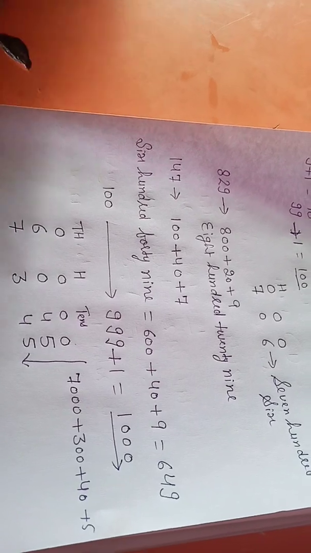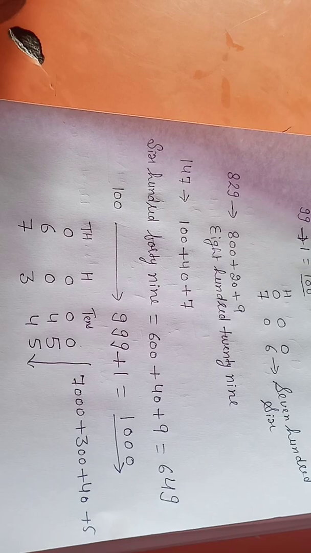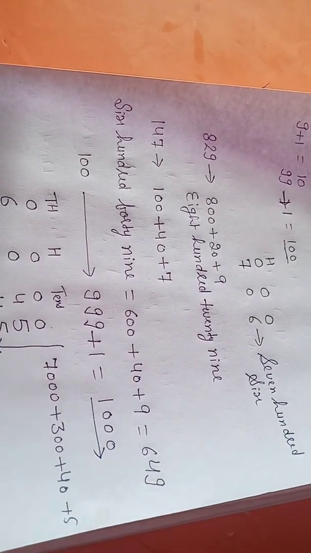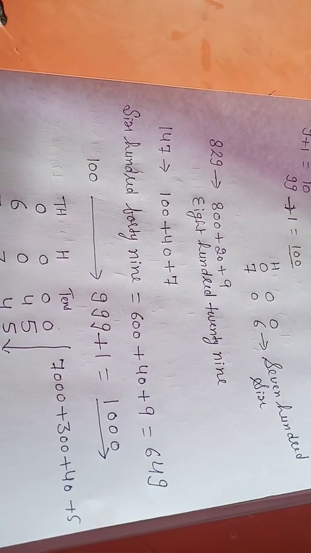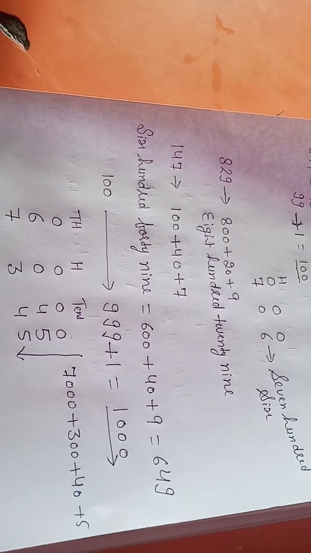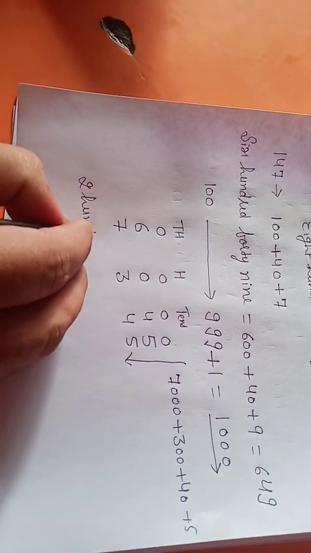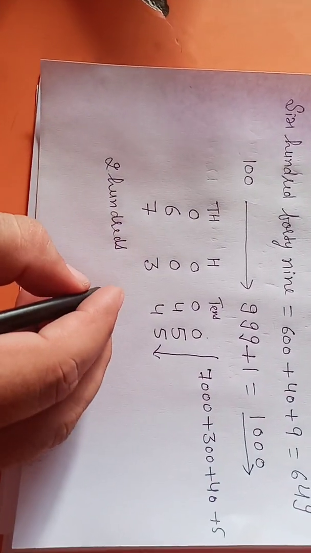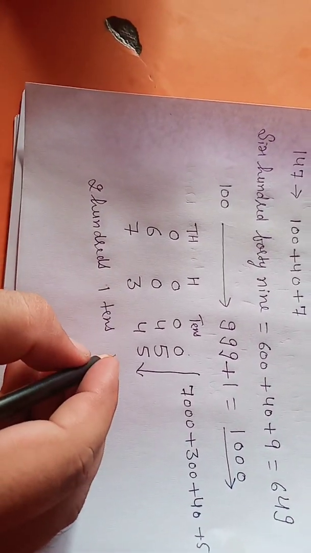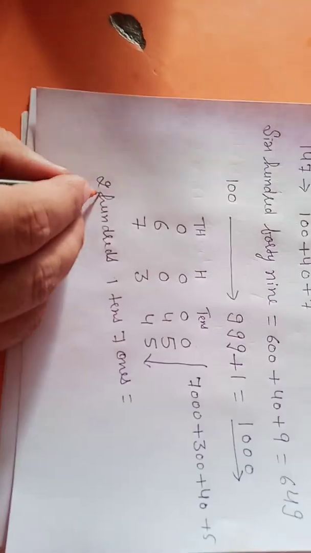Write the smallest 2-digit number, write the smallest 3-digit number in expanded form, and write the numeral of each of the following, which is the greatest and which is the smallest. Encircle the greatest number. I am telling, write the numeral of the following number. Question number 5. It's written 2 hundreds, 1 tens, and 7 ones. So what's coming here? 200.